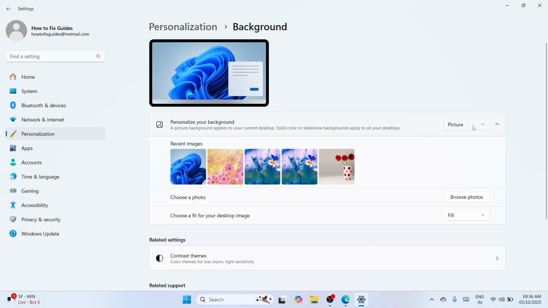Windows. All you need to do is navigate here, click on this down arrow key, and if you'd like to set a picture for your background image, just select picture and it will show you the picture here, the recent images that are being used. You can also click on browse photos,